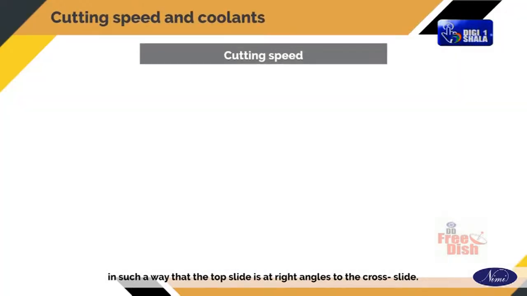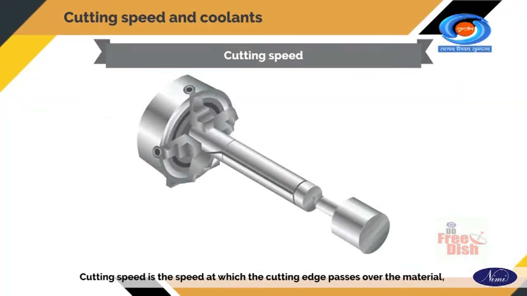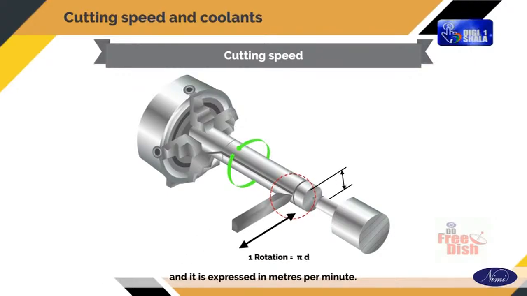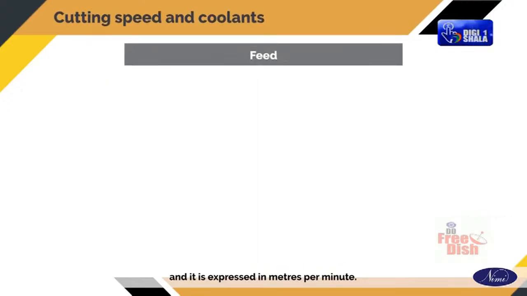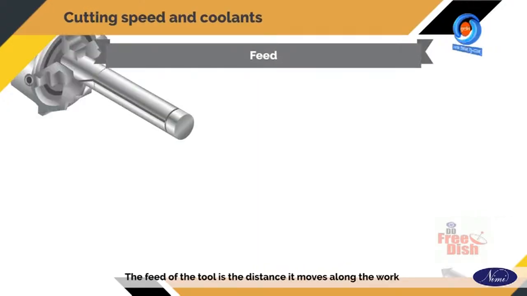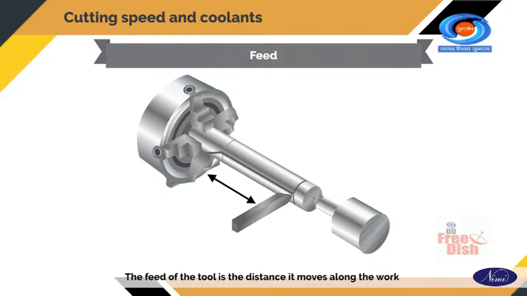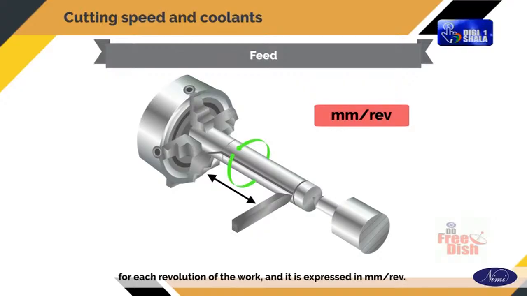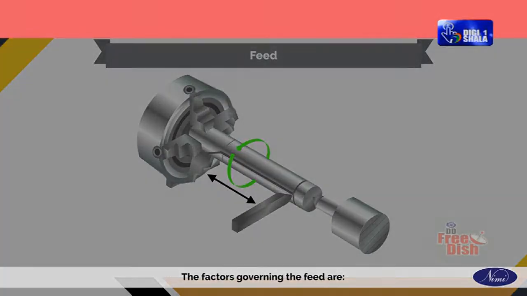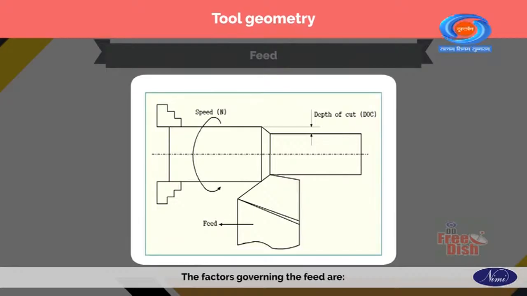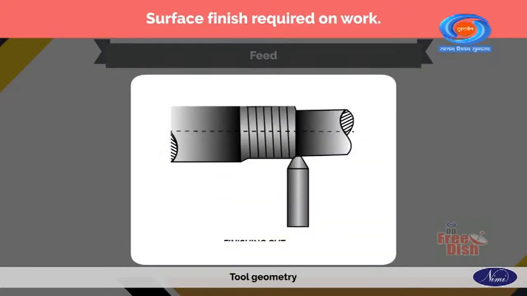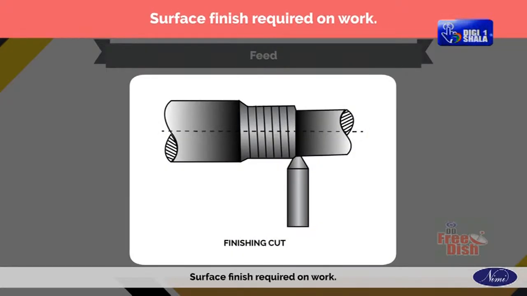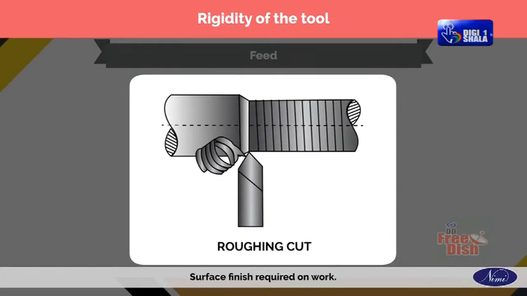cross slide. Cutting speed. Cutting speed is the speed at which the cutting edge passes over the material and it is expressed in meters per minute. Feed. The feed of the tool is the distance it moves along the work for each revolution of the work and it is expressed in millimeters per revolution. The factors governing the feed are tool geometry, surface finish required on work, rigidity of the tool,